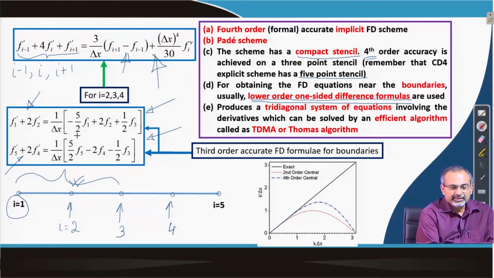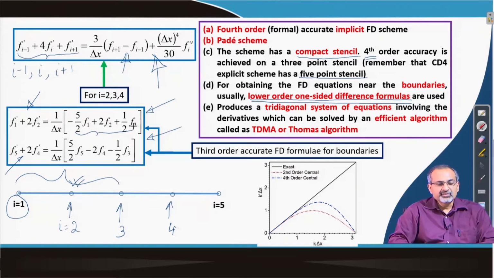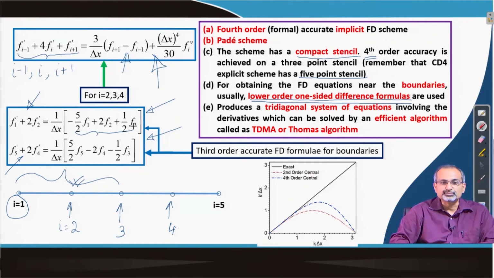And on the right hand side, you can see that the functional values are invoked from 3 points near to the boundary, including the boundary point. So, the stencil width as such does not change as far as the functional values are concerned on the right hand side. However, the stencil width has changed in as far as the derivatives are concerned, because on the left hand side you no longer have 3 derivatives as unknowns, but rather 2.